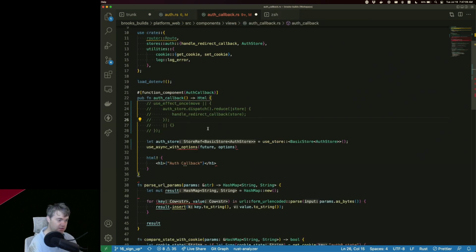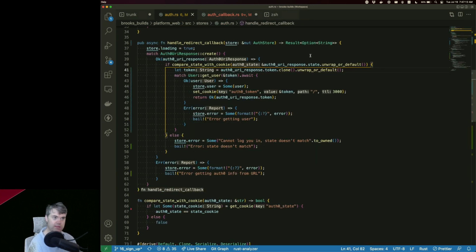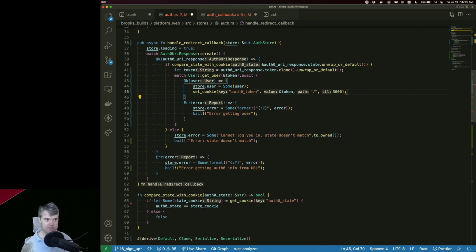Back to here. I don't need to return this result option string at all. In fact, I don't need to return anything anymore. So I don't need to do that.